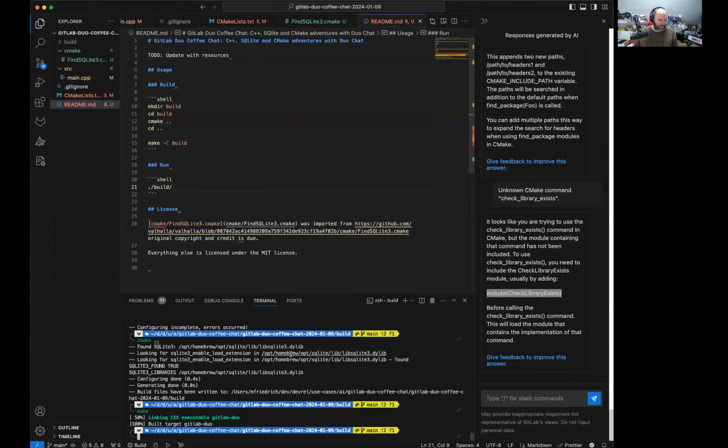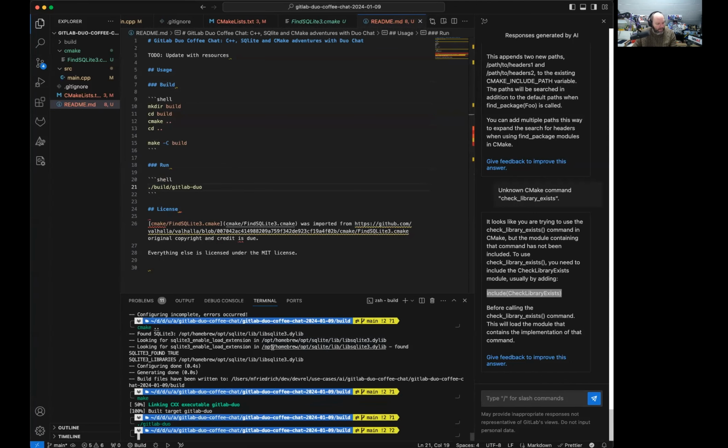Let's see. It's actually in there. It's really just. And if I run that, nothing happens because we didn't really continue with the source code, but I do believe